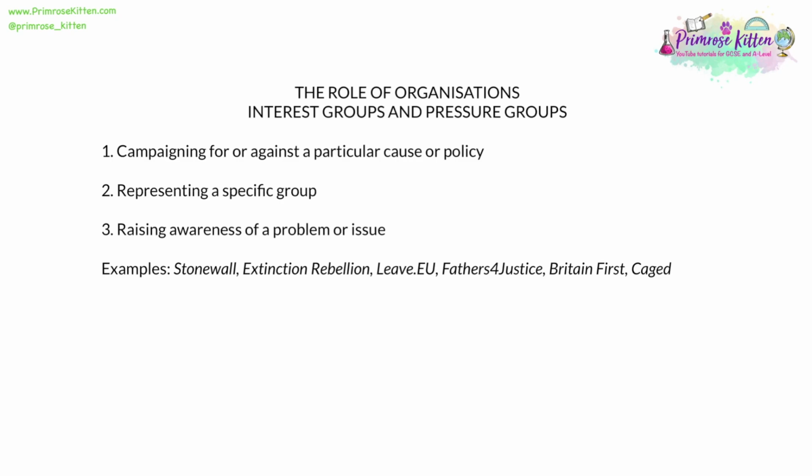Interest groups and pressure groups have several roles. They campaign for or against a particular cause or policy. They represent a specific group of people, and they raise awareness of a problem or issue. Examples include Stonewall, who campaign for LGBTQ+ rights, Extinction Rebellion, who campaign on behalf of the environment and against climate